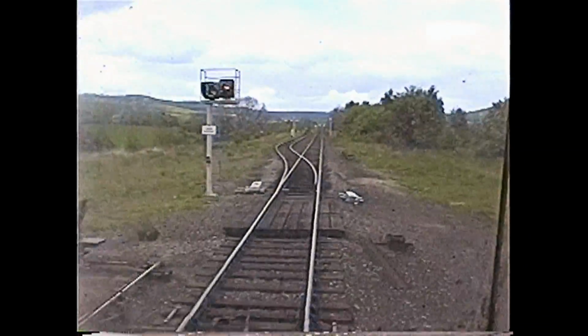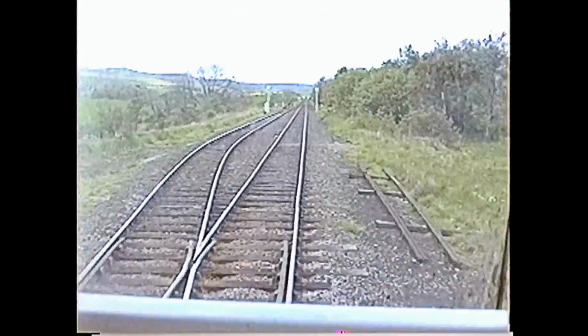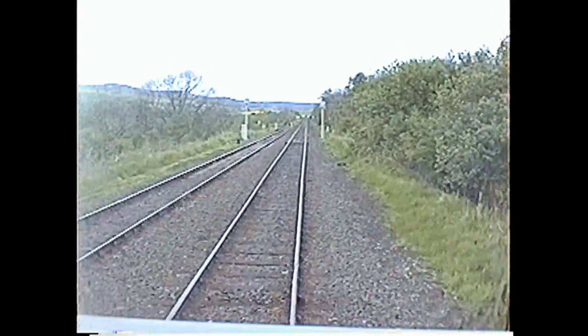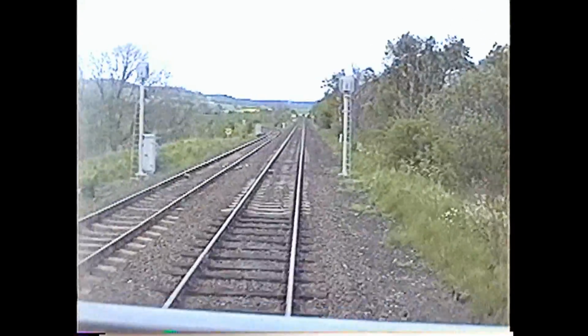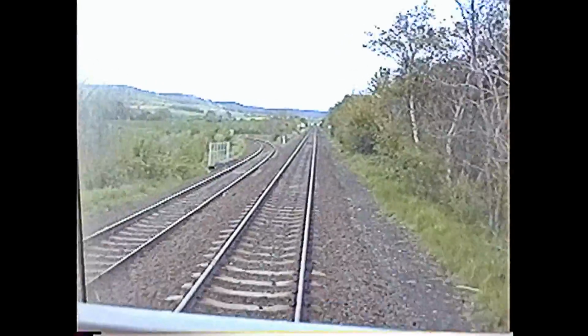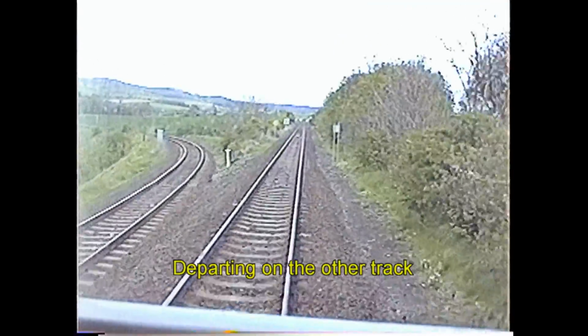Brake application. And so the whole thing just goes into emergency. And you can't get it out of emergency until you've stopped. That's right. So of course, if they're short of a unit, they'll couple a 153 to one of these, which is fine when somebody pulls the door on one of these and